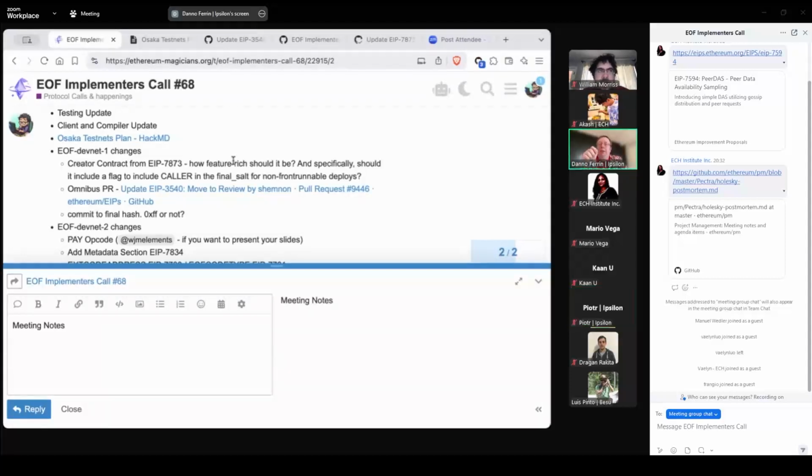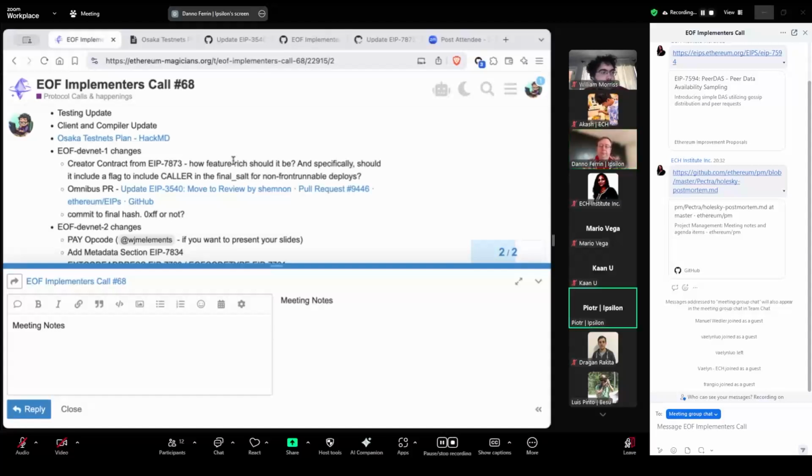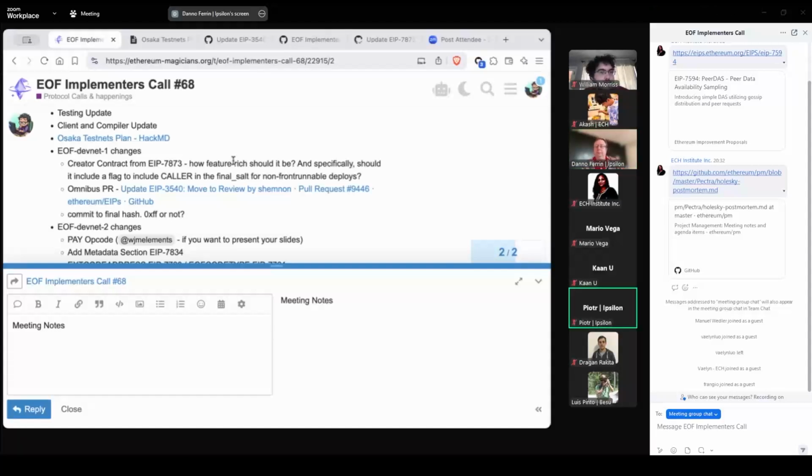And this is with EOF DevNet 0? This is EOF DevNet 0, yes. There are new tests on top, and Osaka compatibility. And I expect this will probably be the last release for 0, and the next one will be for 1, because we're going to be in the middle of working it over the next couple of weeks. Okay, we'll see.